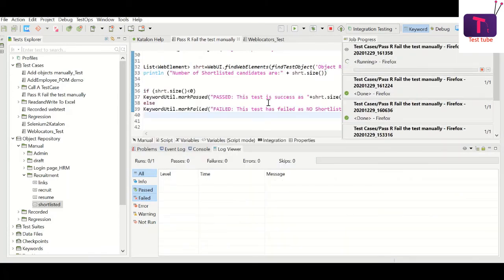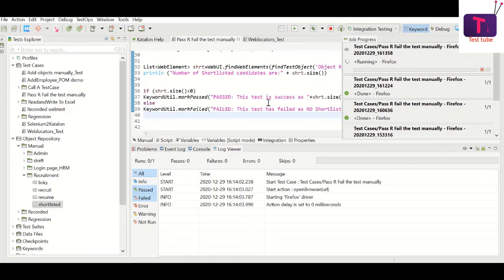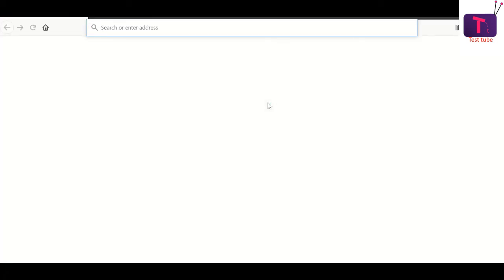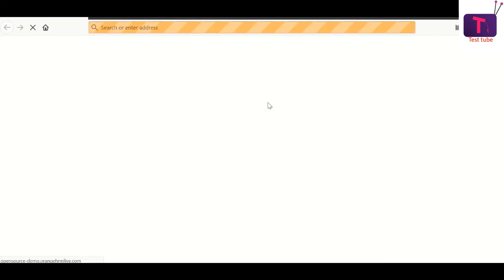My test case is going to be that I say my test case is a success if it finds no shortlisted candidates. Obviously, on this page I will find the list of candidates, so it should fail.